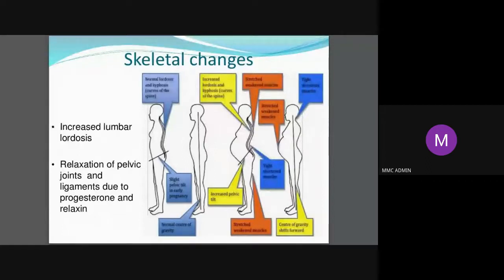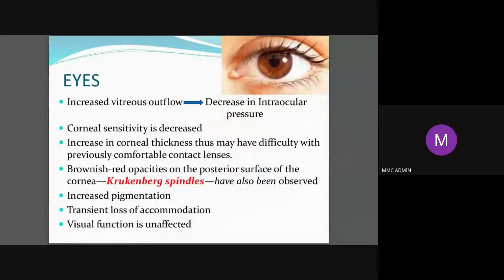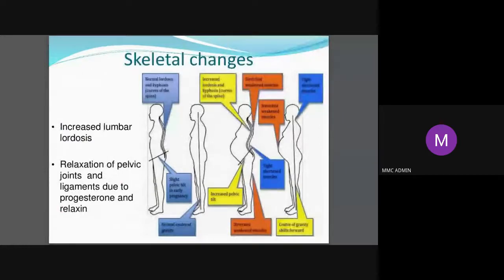That is posteriorly. Anteriorly, as I told you, the pelvic joints and also the pubic symphysis tend to relax. Some people have severe pain. In fact, the pubic symphysis separates to such an extent that they may have to wear some supporting structure. So you have to give her some good physiotherapy so that she undergoes the delivery and later see whether there is a pathological problem. Go back. As you can see, who is responsible for all this? The progesterone and the relaxing hormones.